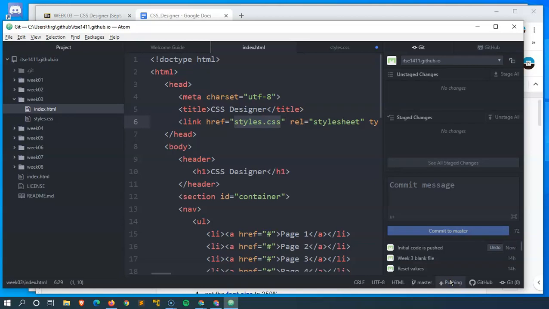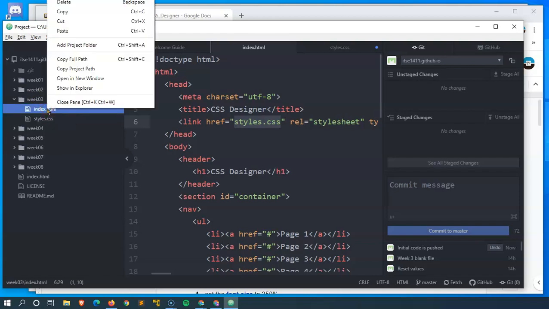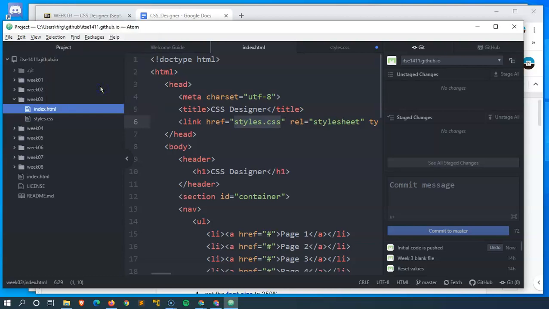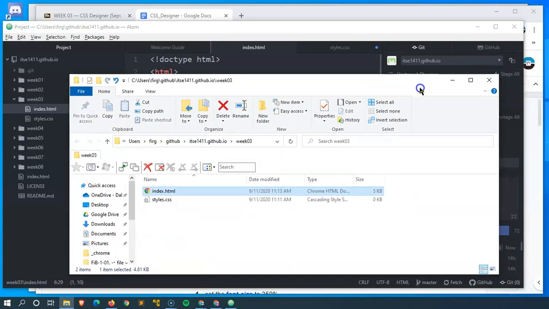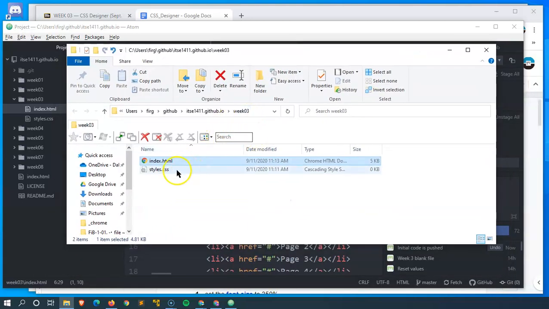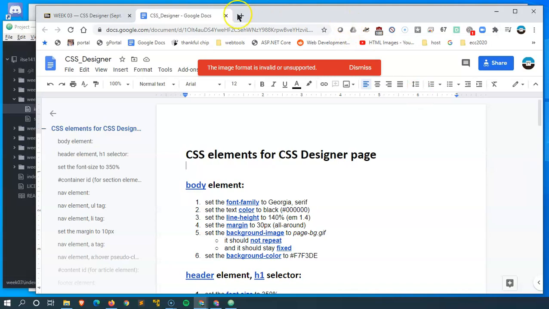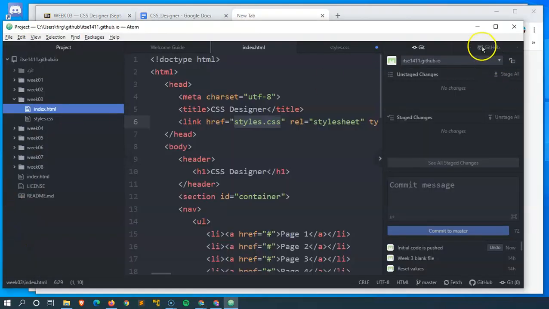I'll wait a little bit for this to actually get there. If you're impatient or if it's taking too long, you can always right click and tell it to show in the Explorer. You would show in the Finder if you're on a Mac. A window popped up that will show me where my files are. Right here, they're inside of the week 3 folder. And I can then drag my HTML file into a browser, or actually I could have just double clicked it to open it,